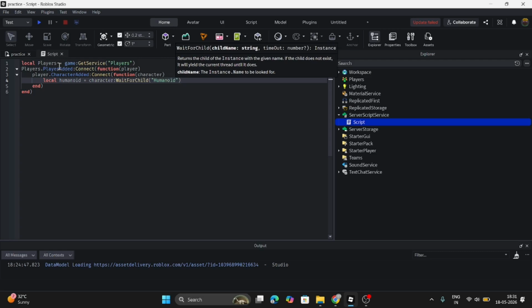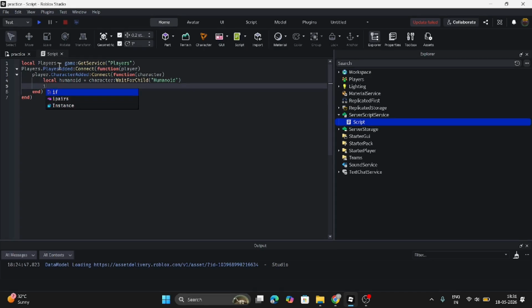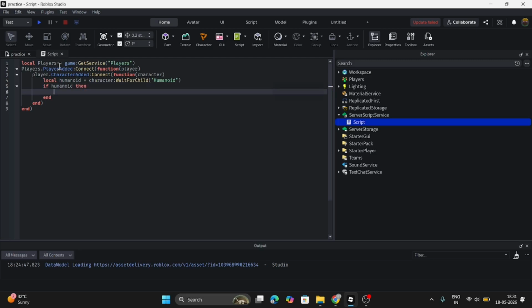As you can see, we write local humanoid = character. We have applied WaitForChild because sometimes the character appears before all its children are fully loaded. So if we have a humanoid, then humanoid.WalkSpeed equals